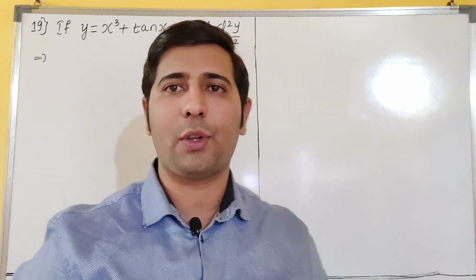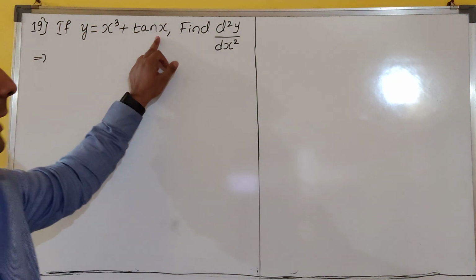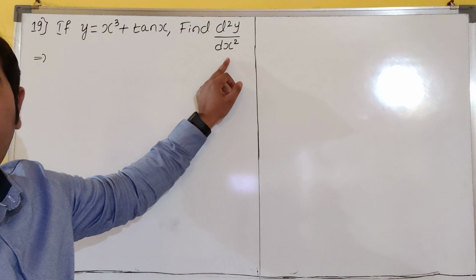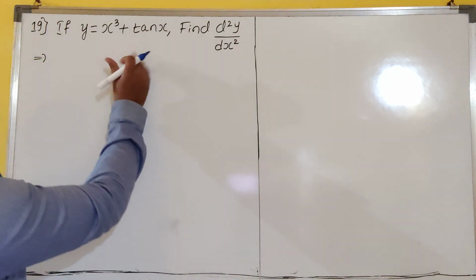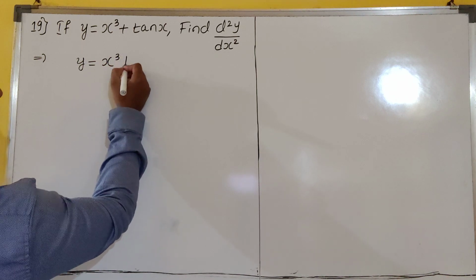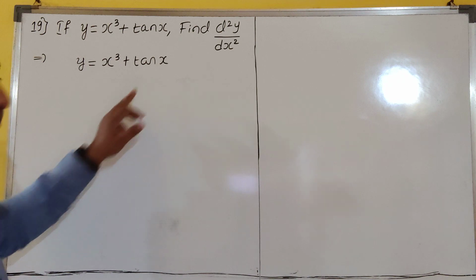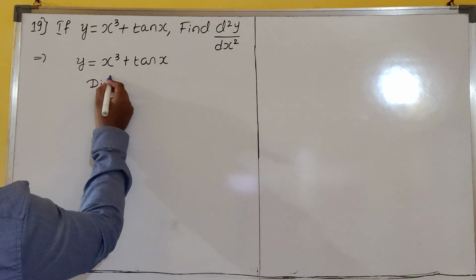Now let us see the next question he has given. If y is equal to x cube plus tan x, find d square y by dx square. So given here, students, y is equal to x cube plus tan x. So now first, you can find the derivative, differentiate